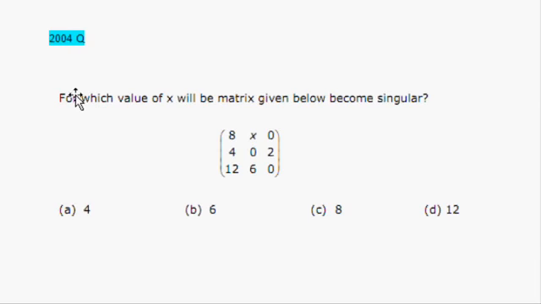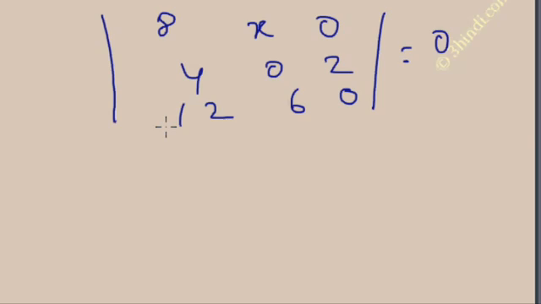This is another question of 2004. For which value of x will the matrix given below become singular? Singular matrix means the determinant is equal to 0. So find the determinant, make it equal to 0, and solve for the values of x. So in this column I am expanding across this 2. So it is equal to 2 into,